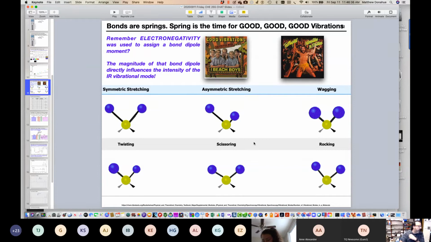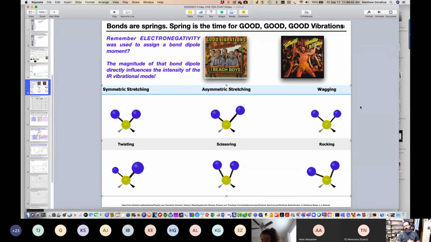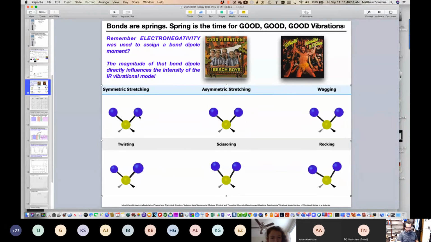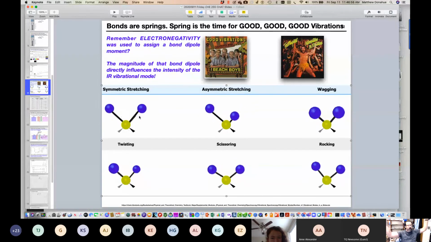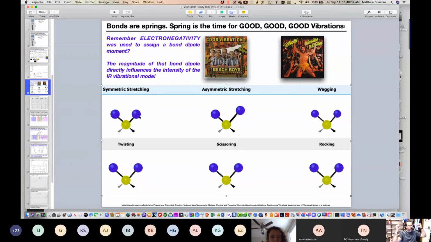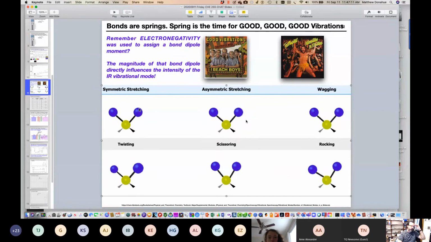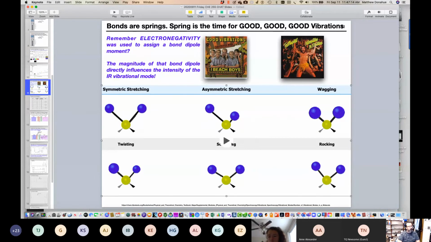So I'm going to play you a little movie here. Hopefully you can see it. So when we're looking at IR spectrum, these are the different modes of vibrations that occur. So there's symmetric stretching. I've been sitting on my keister for a couple hours now. I want to stretch. Symmetrically stretching now. So if I do this, Frank the Tank, this is asymmetric stretching. I'm in the mosh pit. Now I'm wagging. Both are moving.